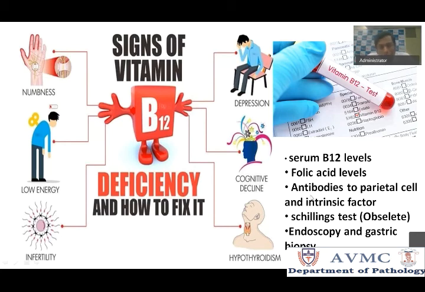Though these patients consume normal B12 and folic acid, they have antibodies against the parietal cells which secrete intrinsic factor, and these antibodies nullify the action of the parietal cells or the intrinsic factor secreted by them. This intrinsic factor is very essential for absorption of B12. So when it is not there or its action is nullified, B12 will not be absorbed and the patient presents with megaloblastic anemia or B12 deficiency anemia.